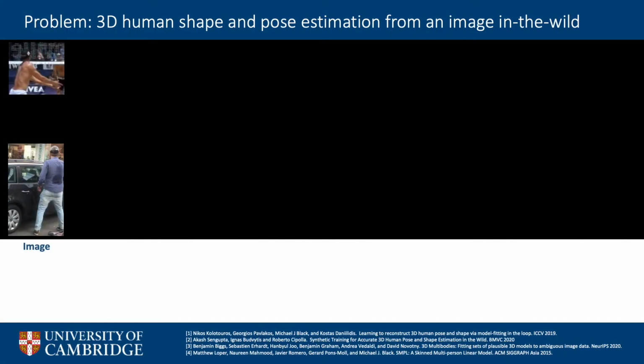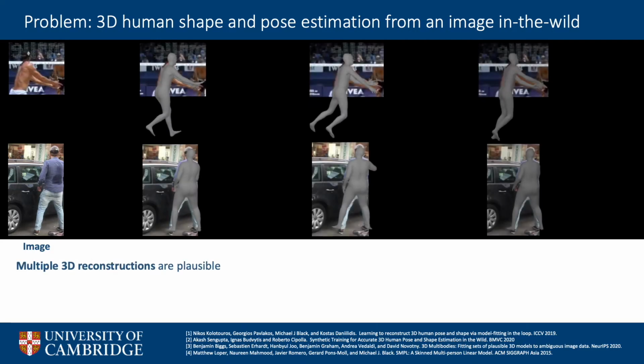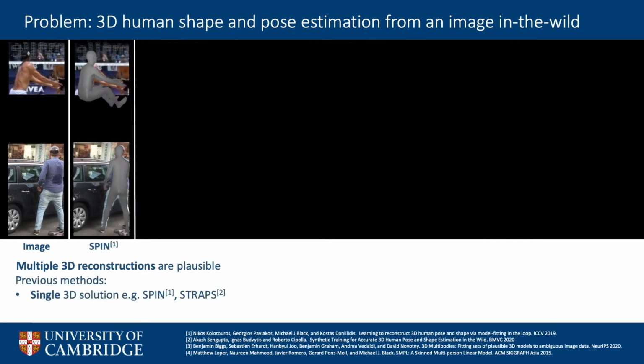Monocular 3D shape and pose estimation is an ill-posed problem, where many 3D solutions can plausibly explain a given input image. Most previous methods predict a single 3D human, which can yield impressive results given unambiguous images. However, depth ambiguities and occlusions are common in the wild. Some recent methods predict a fixed number of 3D human hypotheses.